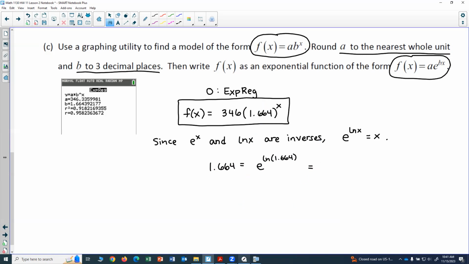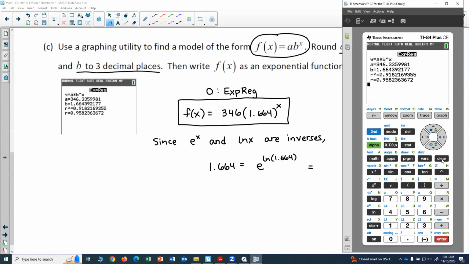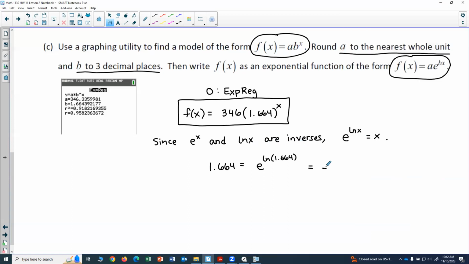And I just have to go ahead and calculate the natural log. So I'll do ln of 1.664. And I'll go ahead and round to 3 decimal places. So 0.509. So that would be e to the 0.509. And so my second answer is going to be f of x equals